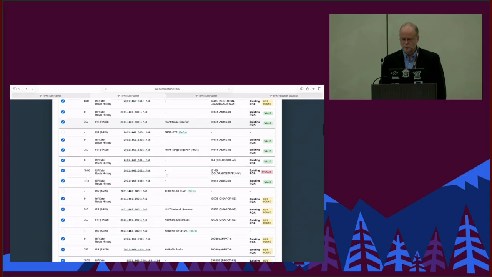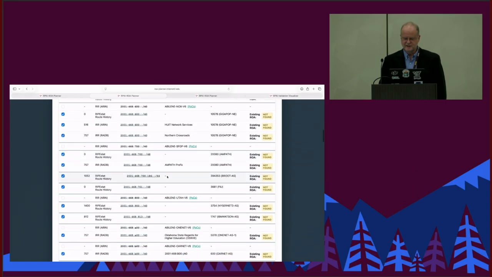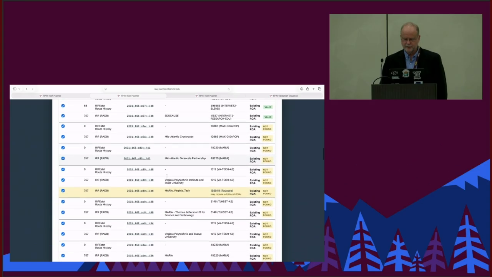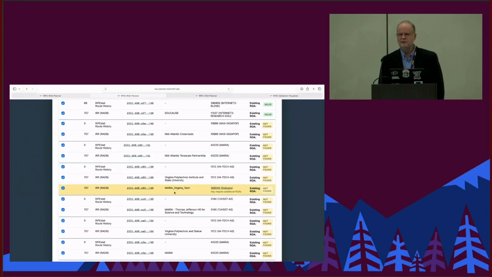There are a lot of them where we need to do this, as you can see. There's also another feature. When we see a route object that has Radware's origin AS as the origin AS for that route, that tells us that network is being protected by Radware's DDoS scrubbing service. And because I don't have an hour and a half to explain this one thing, the short story